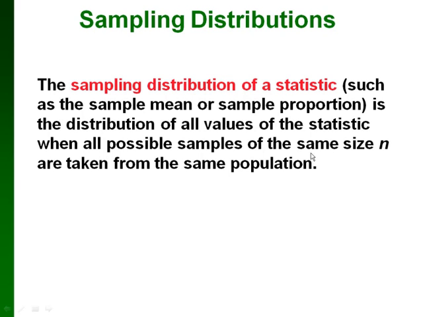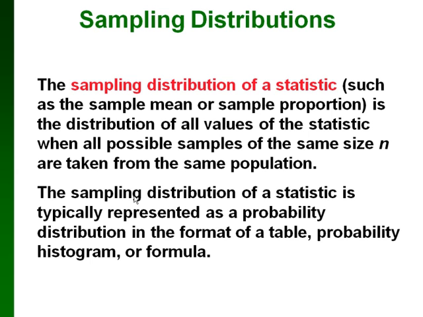Now let's talk about sampling distributions. A sampling distribution is the distribution of all possible values of a certain statistic when all possible samples of the same size are taken from the same population. We represent a sampling distribution just like we do any other probability distribution, sometimes in the format of a table